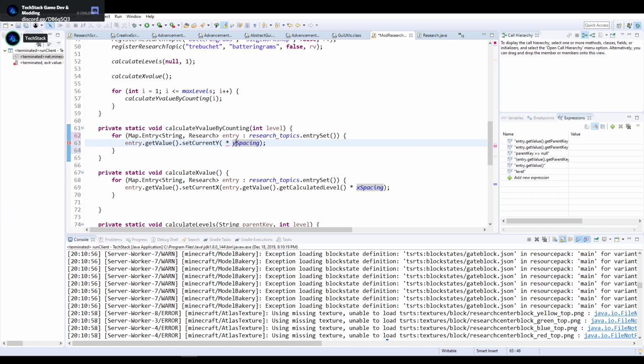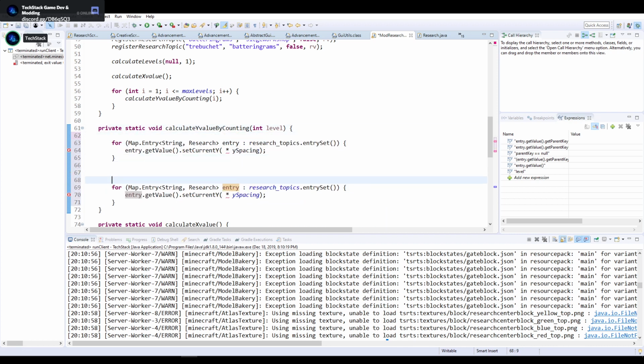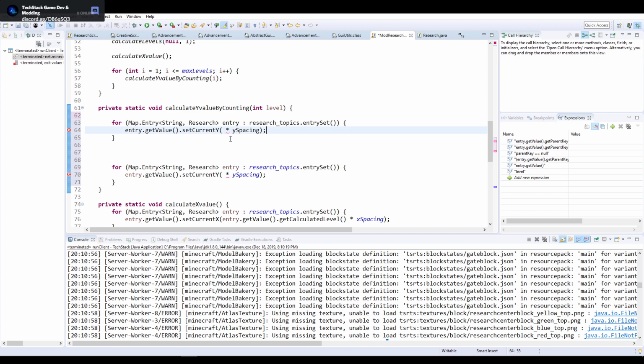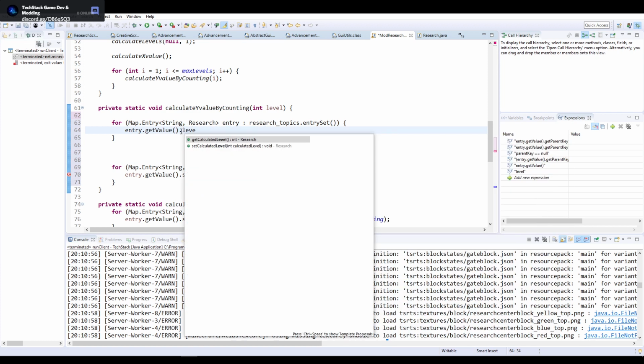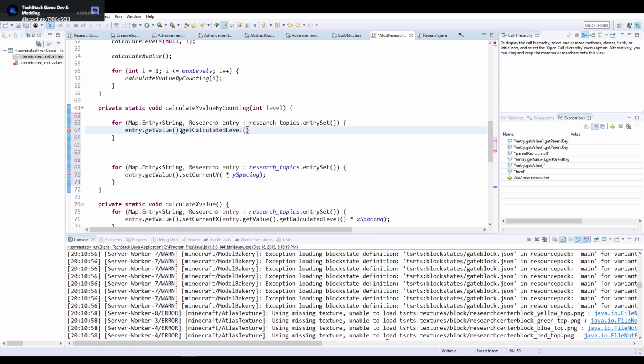Instead, we're going to do Y spacing as well. Instead, we're first going to count how many there are. So this is a secondary loop, if you will. The first loop is going to count how many are within this level. So we're going to say level, get calculated level. If that equals level,